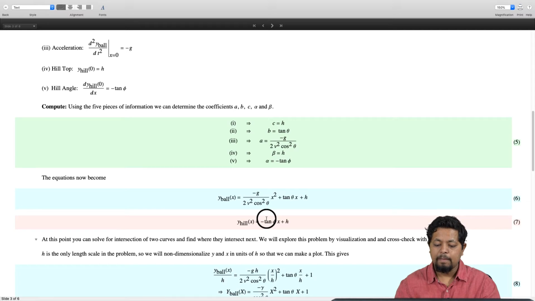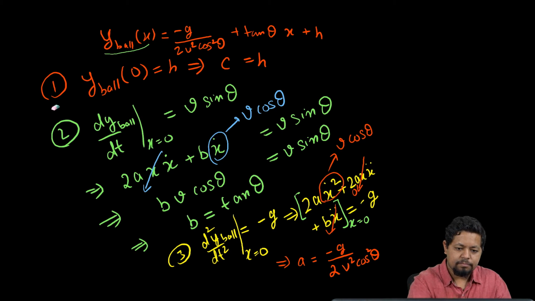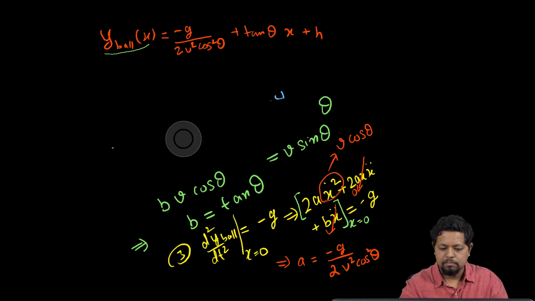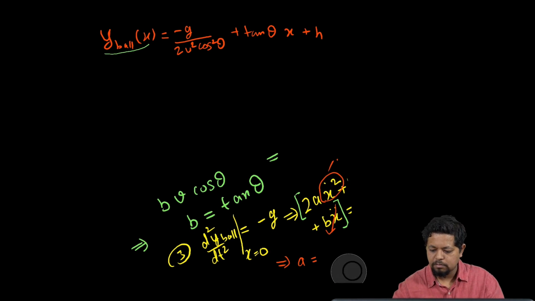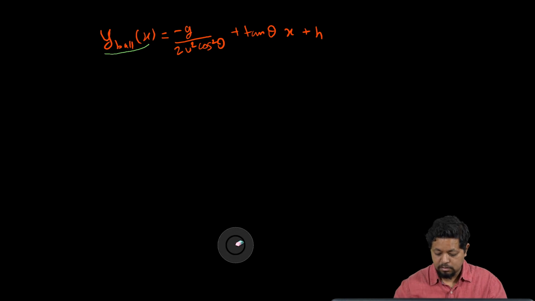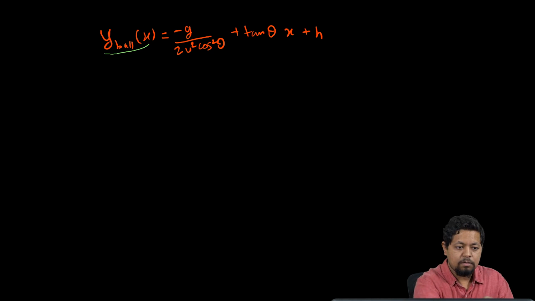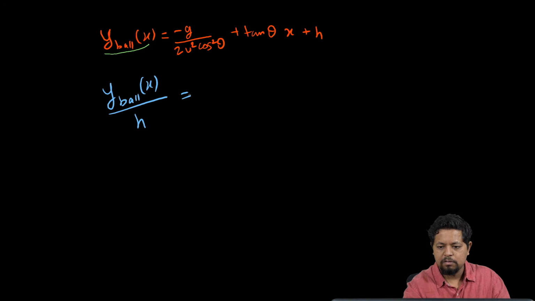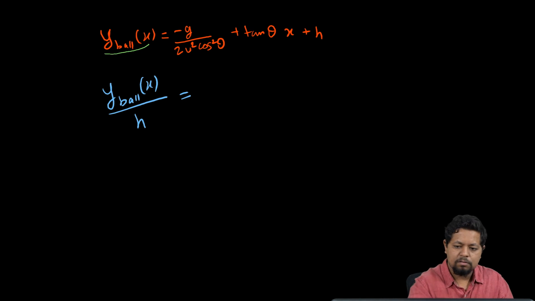I can measure both x and y in units of h, which means using all of that, I can go ahead and divide y ball of x by h, and when I do that, there should be